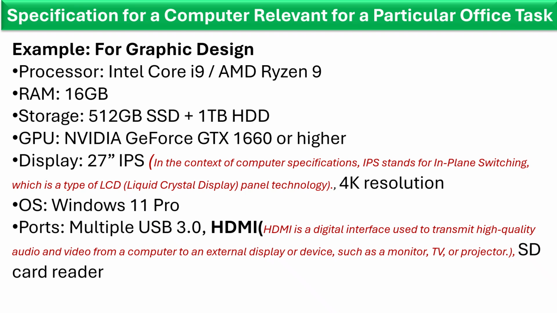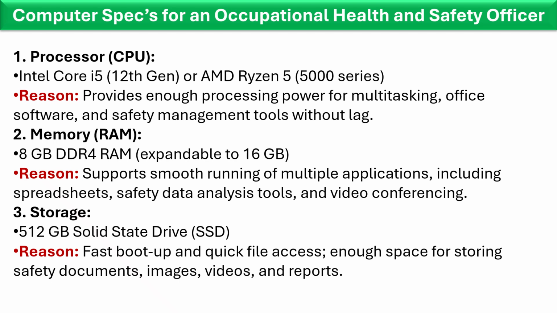Display, you'll need 25 inches of screen display, and operating system, you'll need the latest operating system like Windows 11 Professional. Ports, you'll need USB 3.0, HDMI, SD card reader. Those are the specifications for a computer used by a graphic designer. Then with the specification for an occupational health and safety officer, you'll need an Intel Core i5